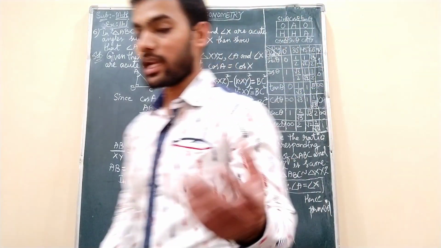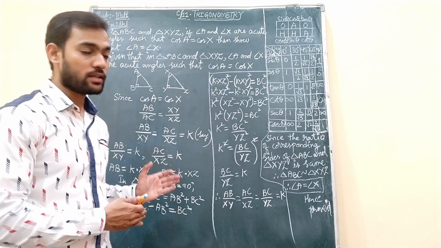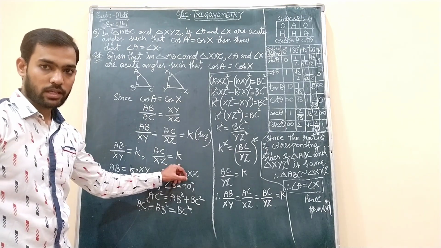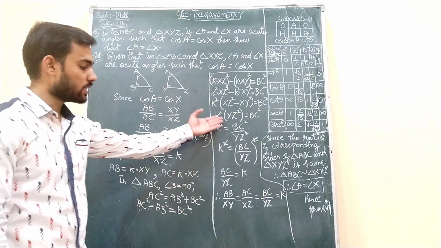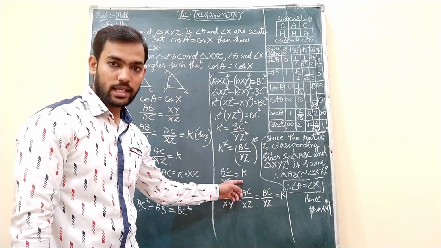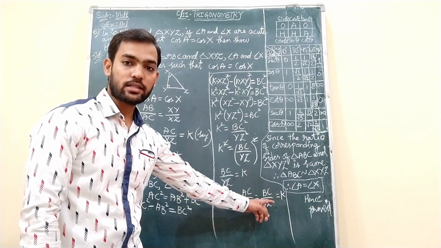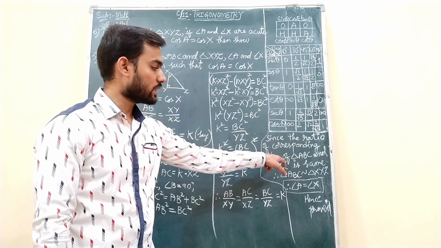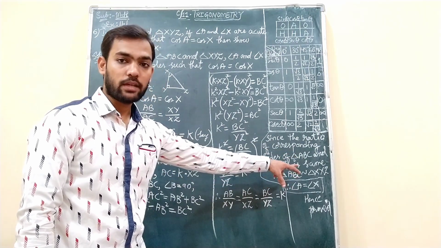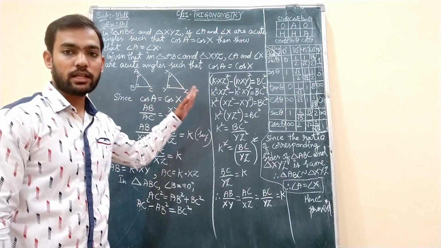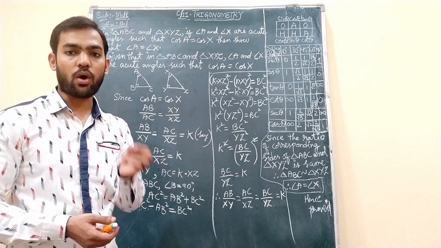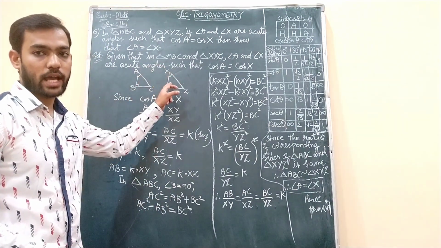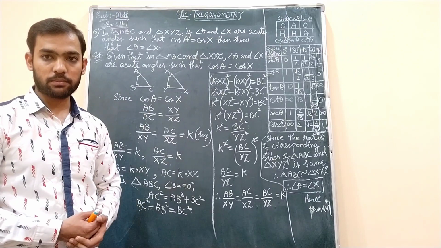Okay students, because he asked us to prove angle A is equal to angle X. So that is the reason, using this, we got the corresponding sides ratio is same, but the third side was missing. So using Pythagoras theorem, here we got the third side ratio is also same. Then we can say that all the three corresponding sides ratio, when we are taking, we are getting K. So the ratio of corresponding sides of triangle ABC and triangle XYZ is same, which means that both triangles are similar. When the triangles are similar, it means that all the corresponding angles are equal, which means angle A equals angle X, angle B is equal to angle Y, angle C is equal to angle Z.